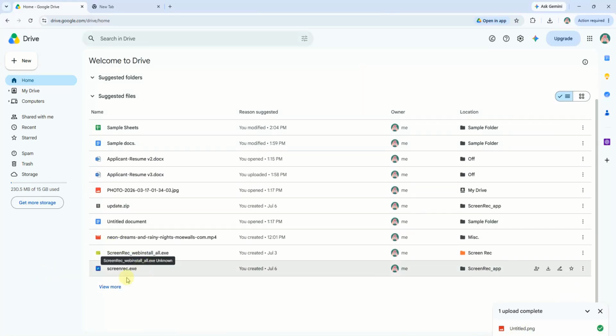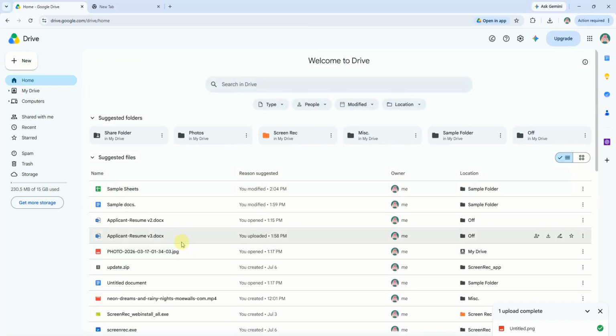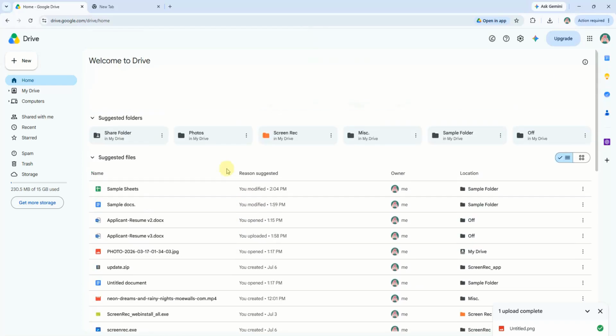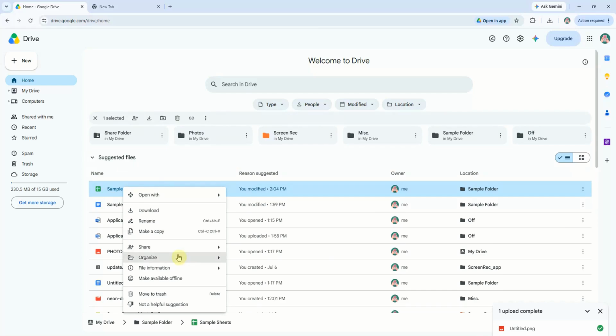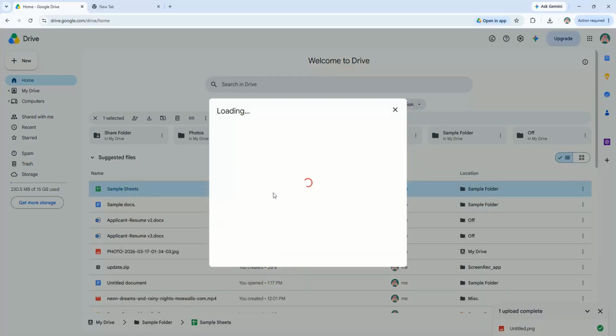If you want to organize them, you can drag and drop the files into specific folders within Drive. For quick access to important files, you might want to create shortcuts by right-clicking on the file and selecting Add Shortcut to Drive. If you need to share these files with others, you can right-click the file or folder, select